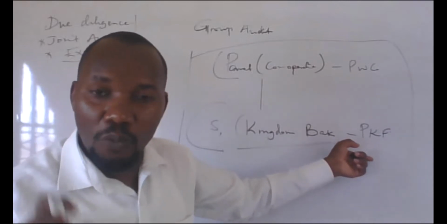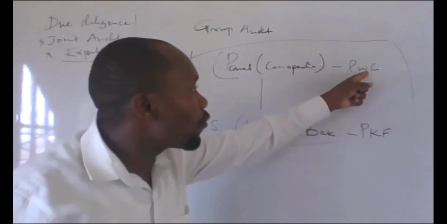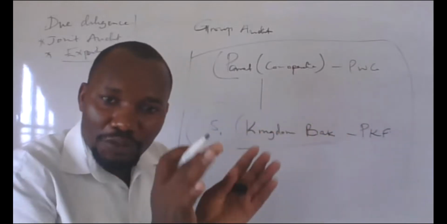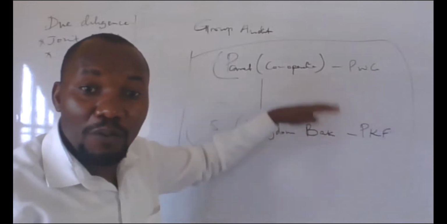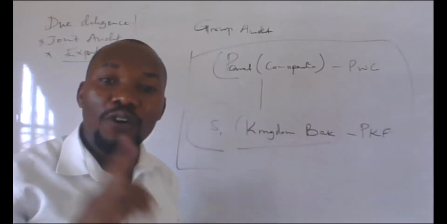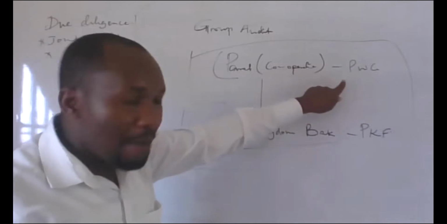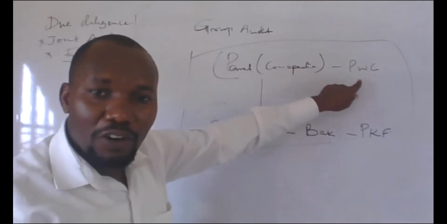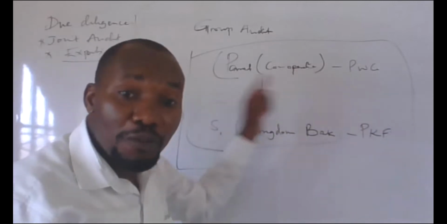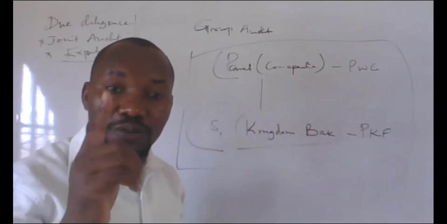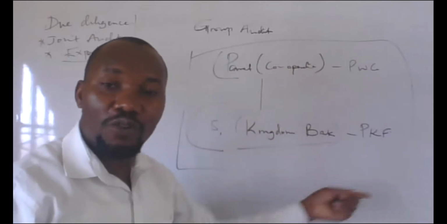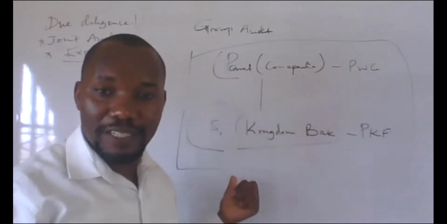Why? Because we have 2 different firms joined together to perform audit for the group. It doesn't matter where they were. But again, we have only group audit, where the parent company has an audit firm which is auditing the whole group. No any other audit firm, not two audit firms. It is only one auditing the group. That is also group audit.